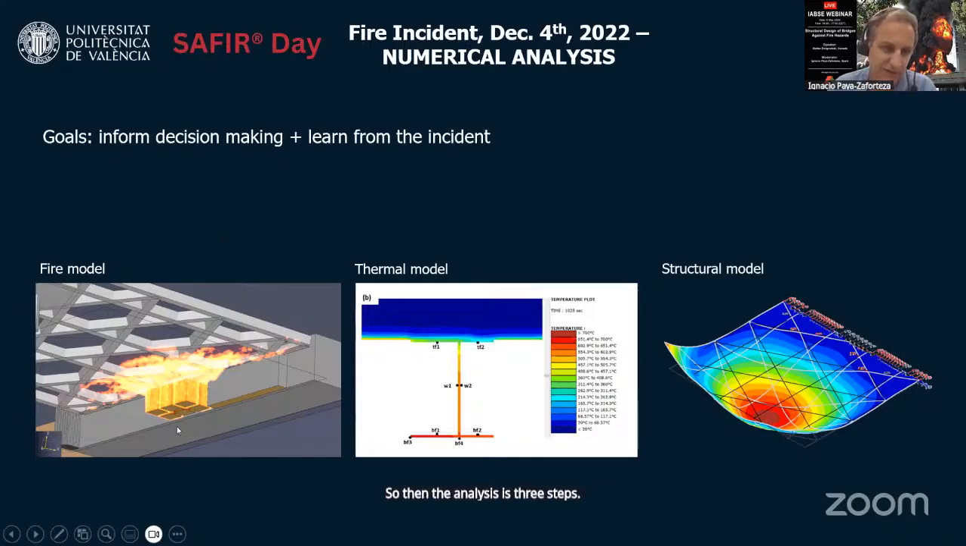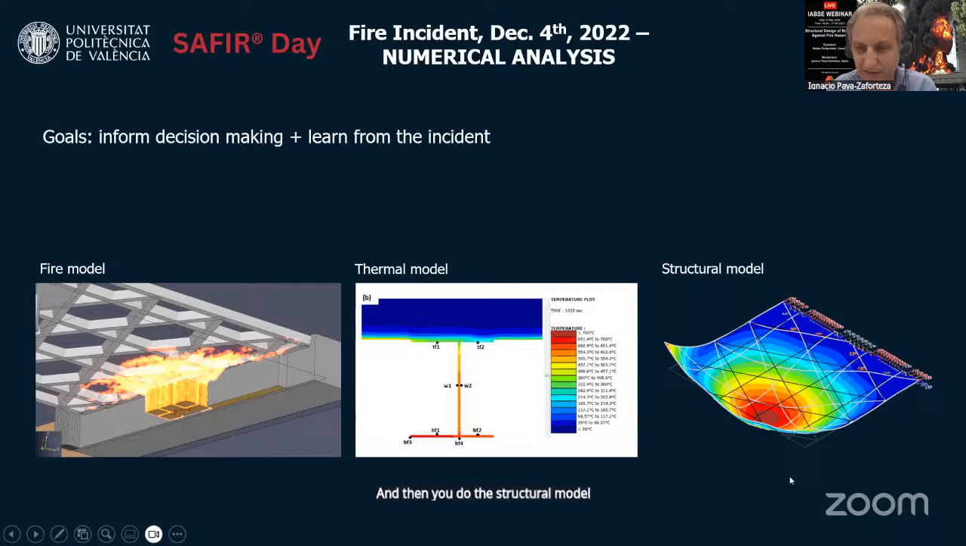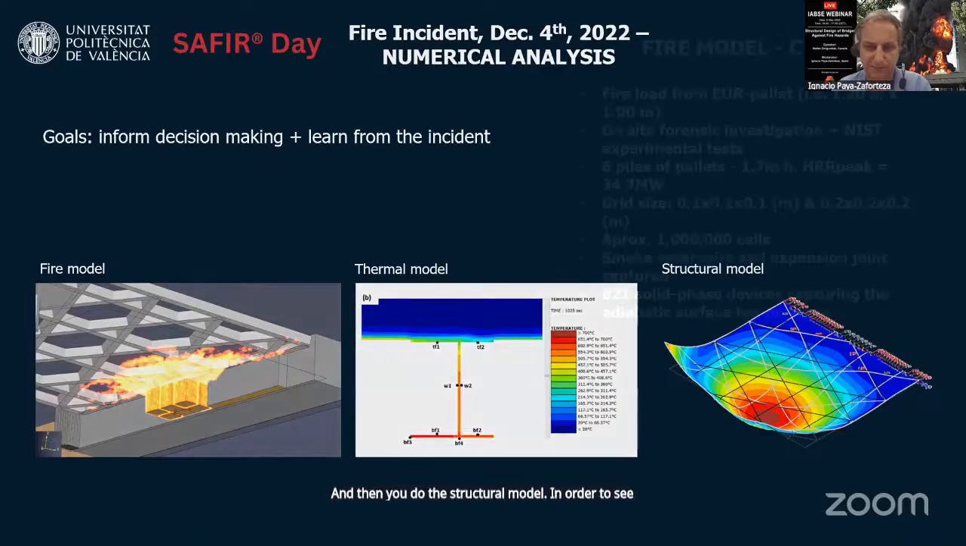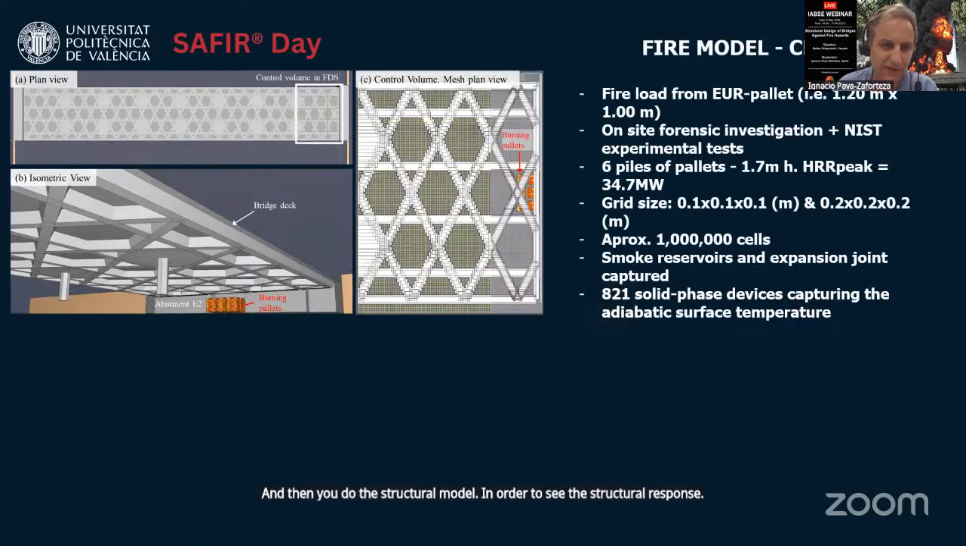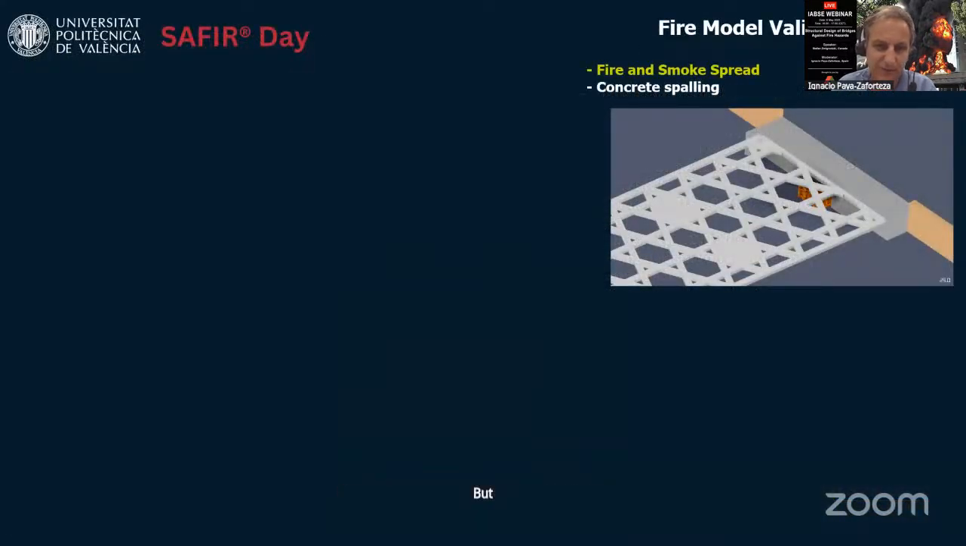First of all, you need to do the fire model to obtain the heat fluxes that are affecting the structural elements. Then you do the thermal analysis to obtain the temperatures within the structural members. And then you do the structural model in order to see the structural response. Well, I will not enter into all the details of this, but basically we did a model with FDS and we were simulating